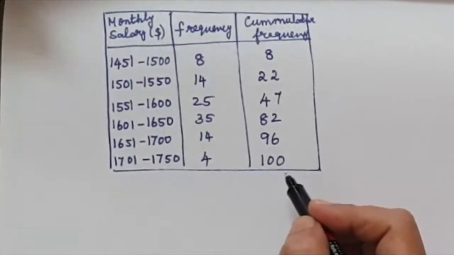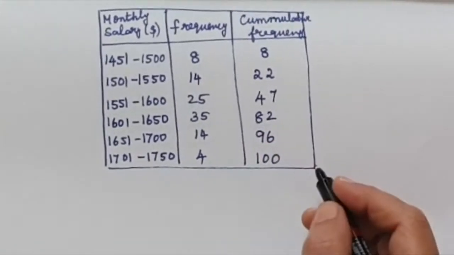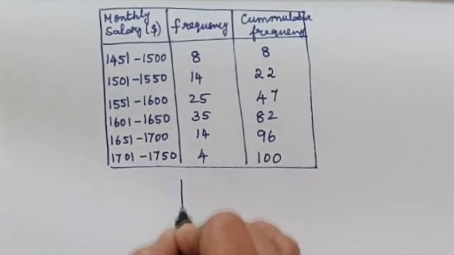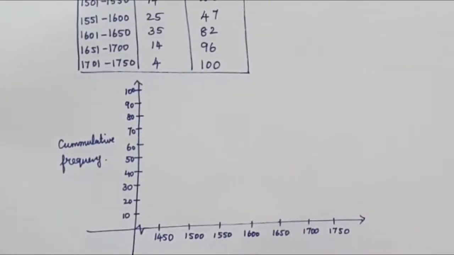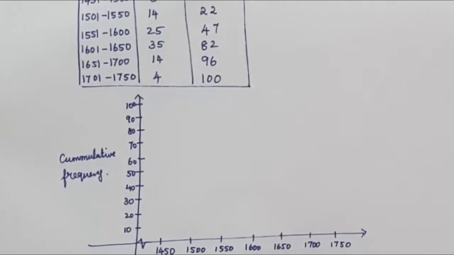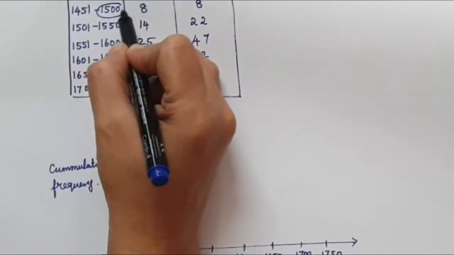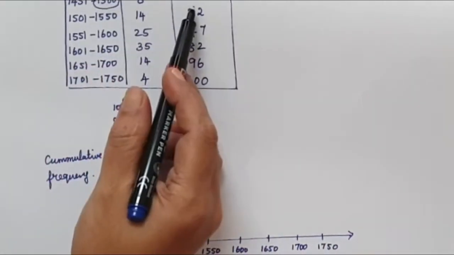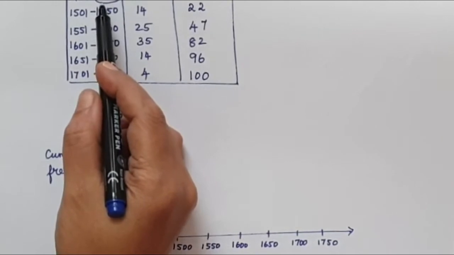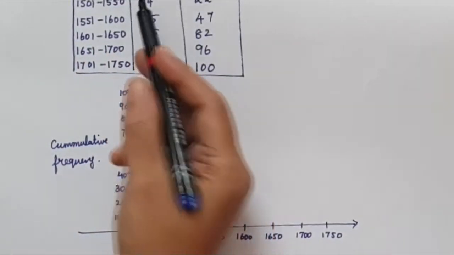Now we need to draw a cumulative frequency curve. We are just going to draw a rough diagram, but you will be drawing this on graph paper. In order to draw the cumulative frequency curve, we take the upper value and then the cumulative frequency. If you take the lower value and draw, your graph will go wrong. You have always to remember that you take the highest value of the interval and then you have to draw the graph.